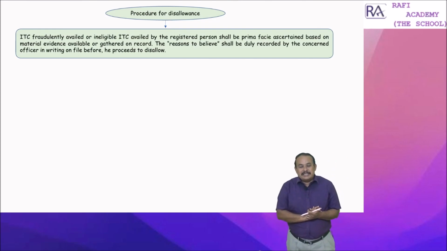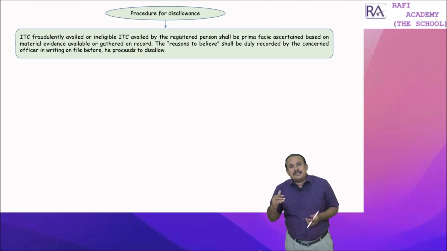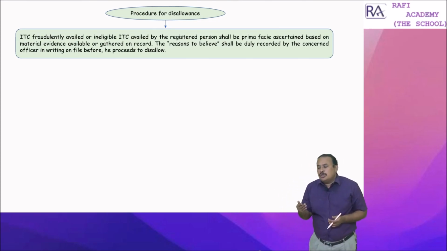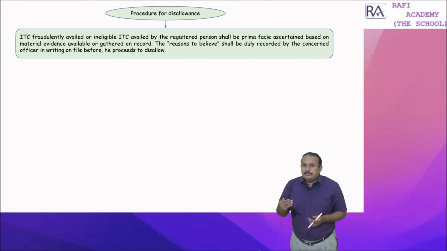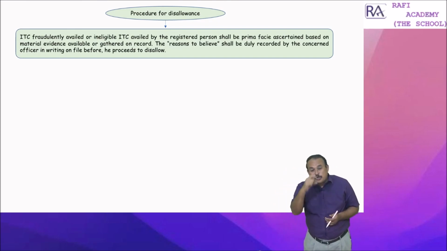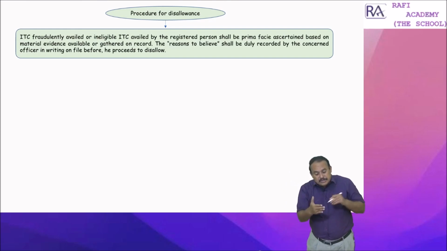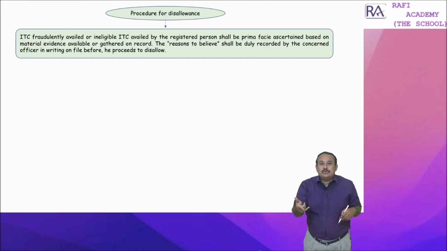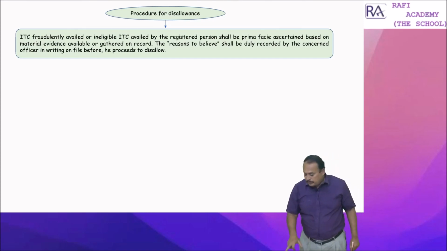That means to say that not only must you take scrupulous care while disallowing debit of electronic credit ledger, but also there must be reasons to believe that input tax credit was fraudulently availed. Where Rule 86A is going to fit, in that case, first you have to record in writing, being an officer, on record, then proceed to disallow debit of input tax credit. Further,